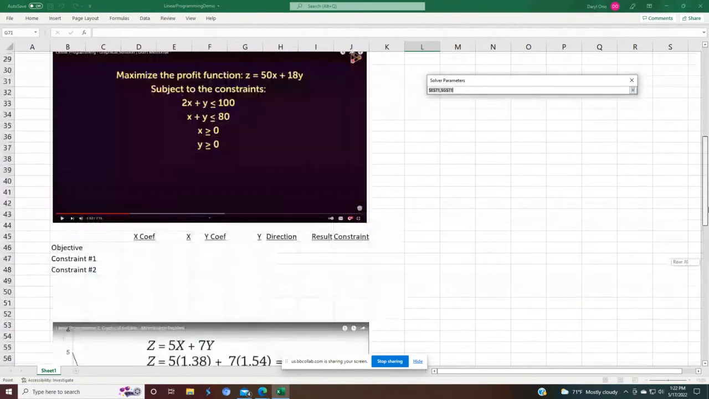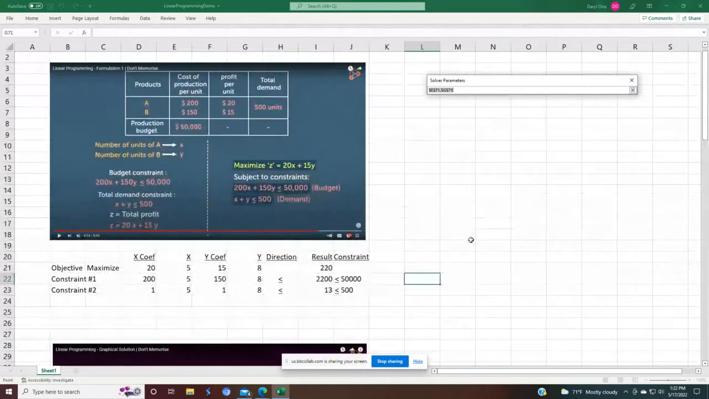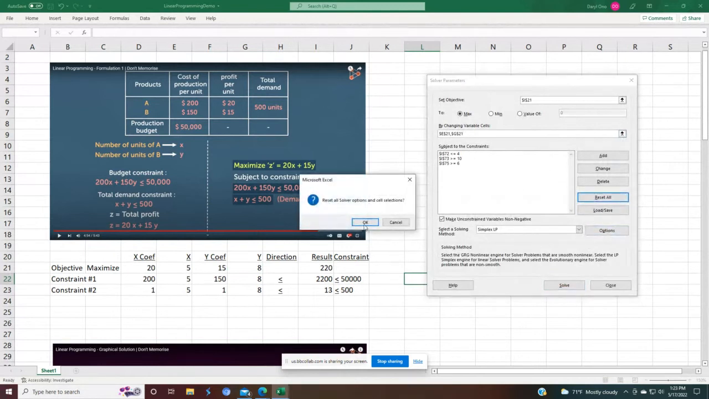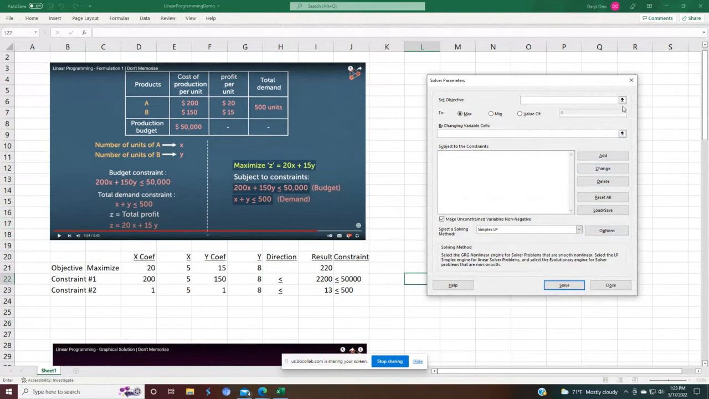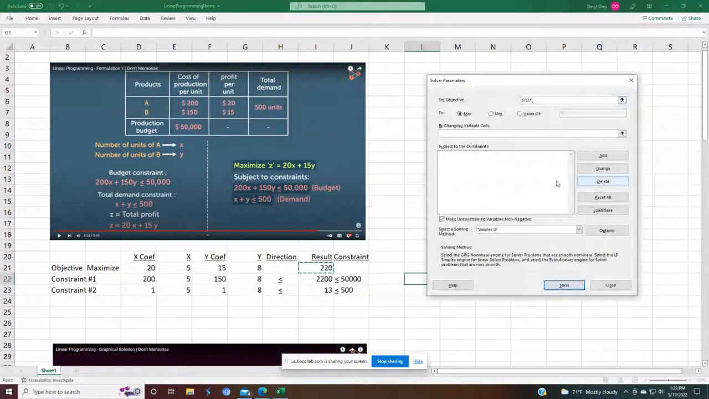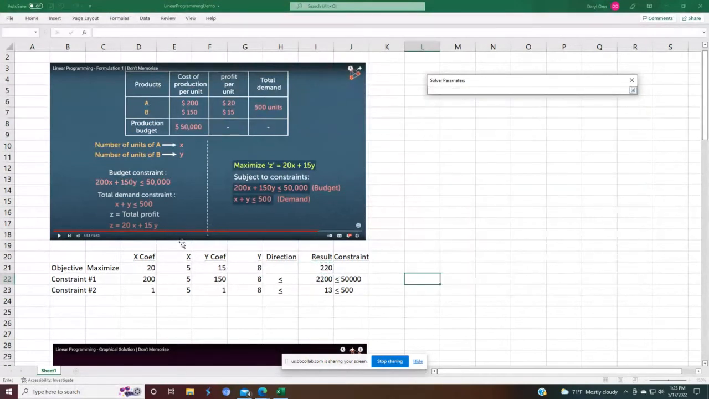The cell with product A, the top cell, and the cell with product B. Right now that's set equal to 8. You can see it, that's set equal to 8. Oh, I erased everything. We'll set that to a max by changing this cell and this cell,